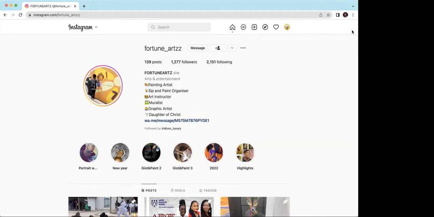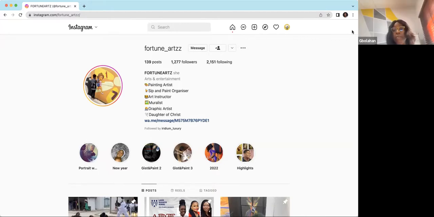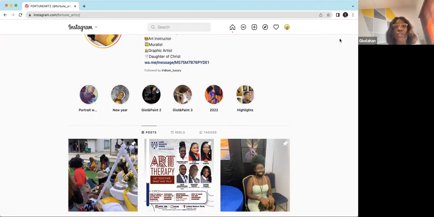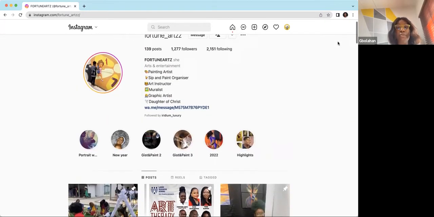But if it's something that you're planning to do in the long run, you could do the sip and paint as a normal highlight. Instead of your highlights having different pictures, which makes it look inconsistent and affects the aesthetics of your page, it would be nice if you had a brand color and then you work with the brand color for your highlights. Right, so it goes generally round.